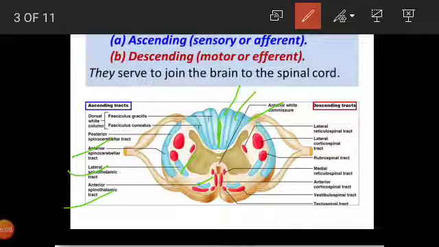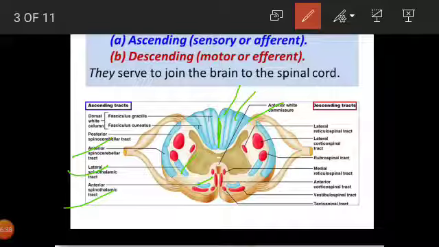Now the spinocerebellar tract: as the cerebellum acquires the lateral position, both the anterior and posterior spinocerebellar tracts occupy the lateral white column. The anterior one will be related to the anterior white column, and the posterior will be more related to the dorsal white column. So here we have summed up the gross idea of the location of all types of ascending tracts.